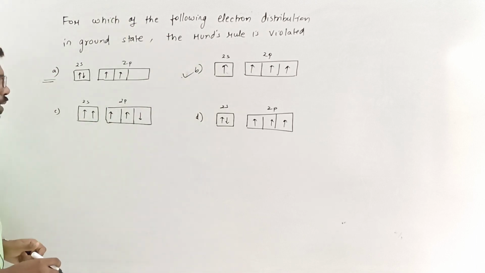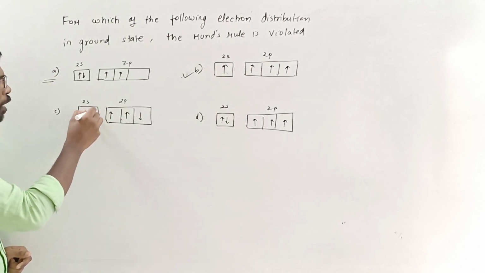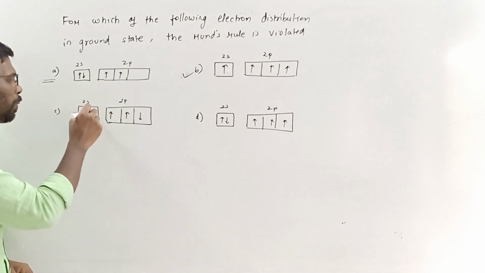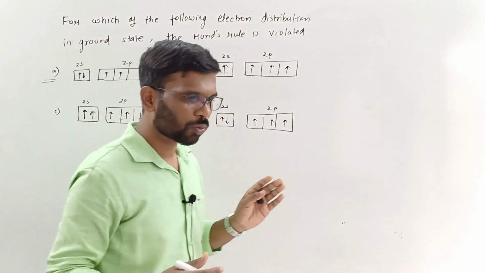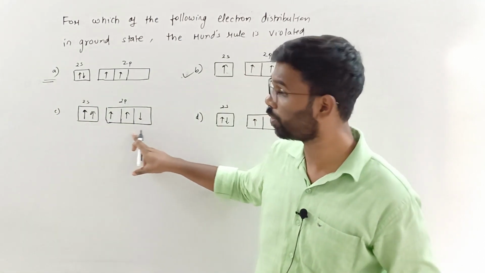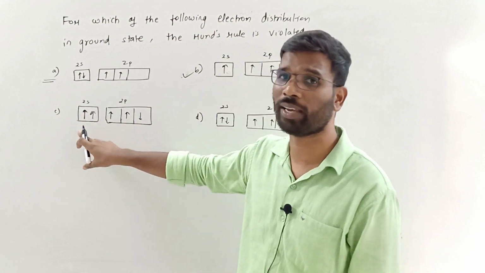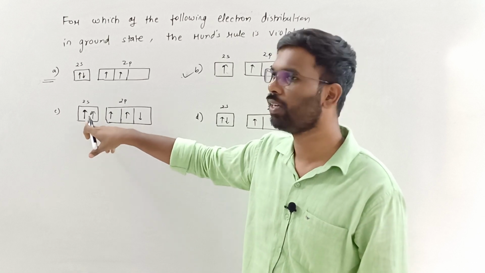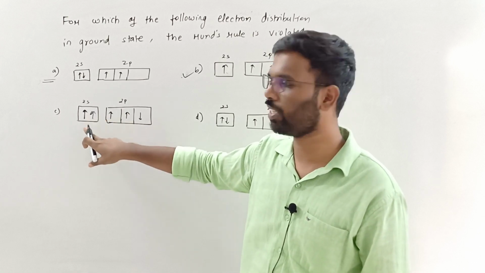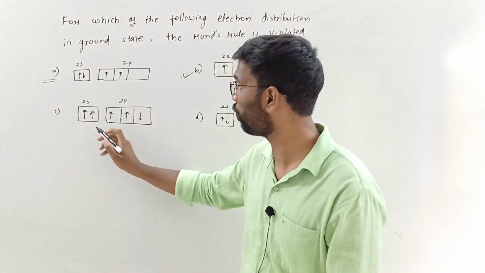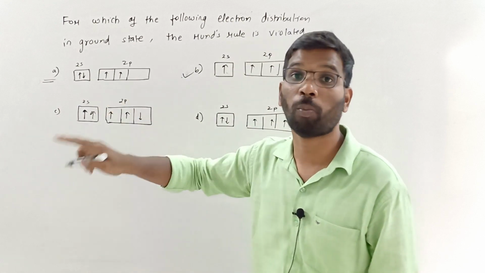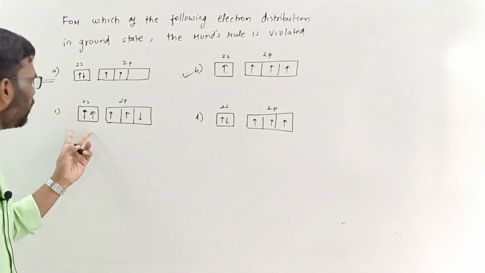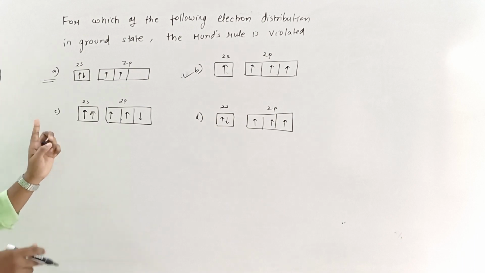But what about this? Here, if you see, the pairing takes place, so which law is violated? Over here, both electrons have the same spin. Since both electrons have the same spin, Aufbau's principle is not violated. In Aufbau's principle, 2 electrons are going; in which spin the electrons are put is not Aufbau's law. Pauli's exclusion principle says that no 2 electrons can have the same set of quantum numbers. If you consider this and this electron, both will have the same values of the quantum numbers. Both sets will be the same. So that's why Pauli's exclusion principle is violated here.